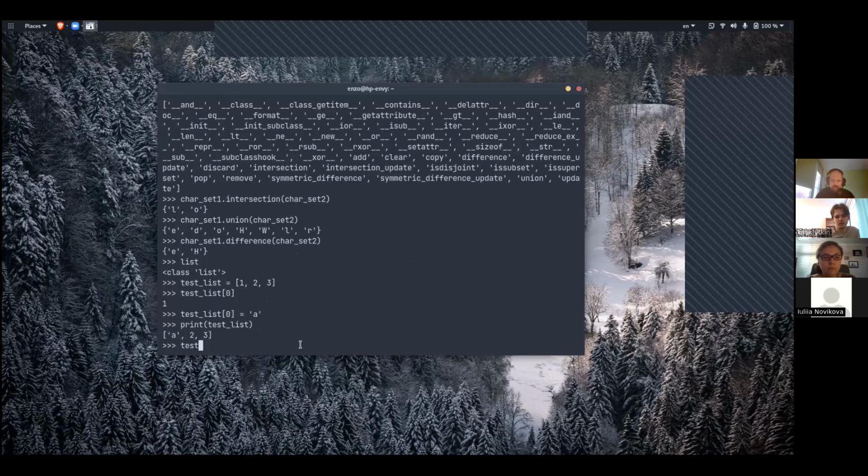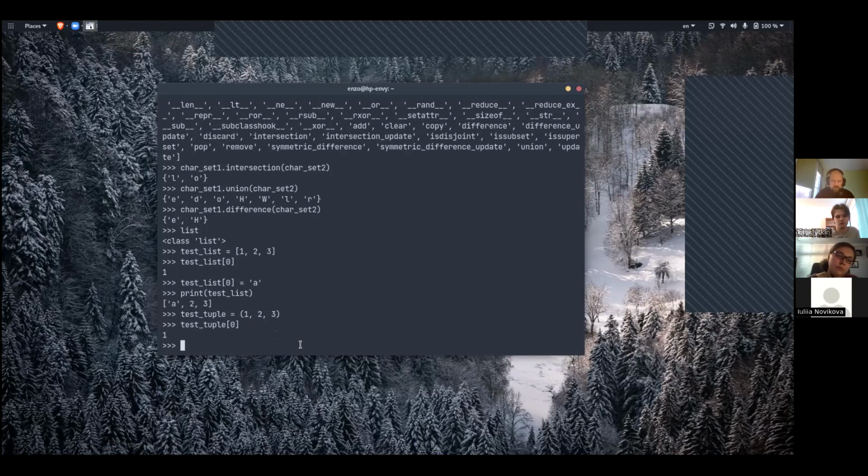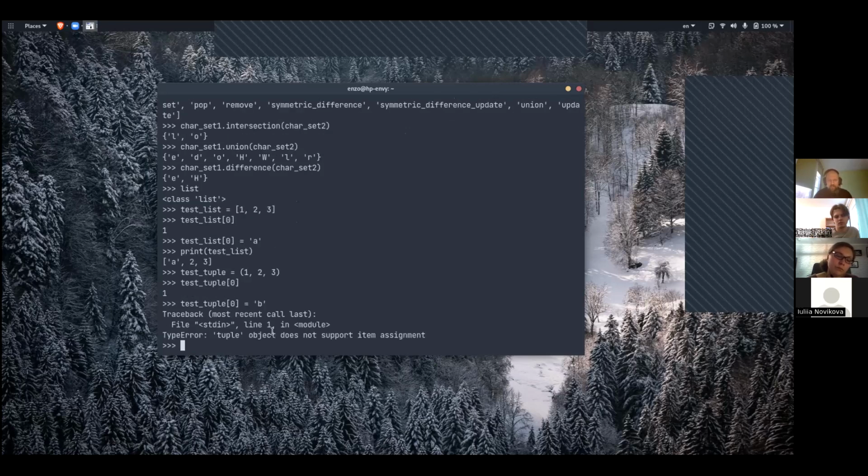But if we have a test tuple, 1, 2, and 3, and try, first of all, to get the 0 element. Yes, we can get it, but if we try to assign it to anything, for example, B, it will return us an error. So the legit question here is why we need 2 types of containers, such as tuple and list,